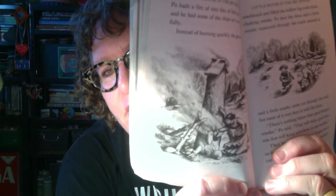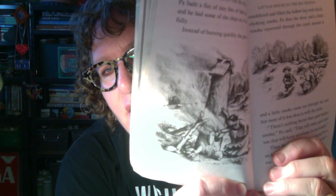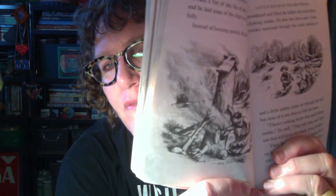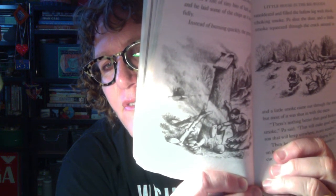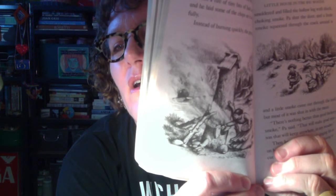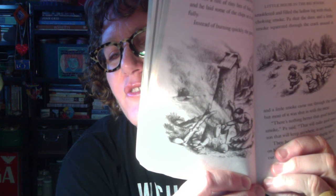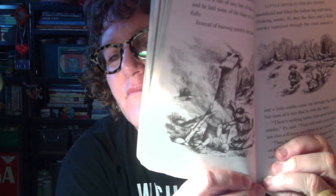We're going to stop right there. This is what the smokehouse looks like. If you have your copy of the book, you can kind of see that. It's a hollow log, has a little door on the front. The meat is hung inside, and you can see that there's smoke coming out the top of it, right? It has a little roof on it that's slanted, and the smoke comes out through the top. And you can also see Laura on the other page with little wood chips in her apron, running to take the chips to Ma and Pa to